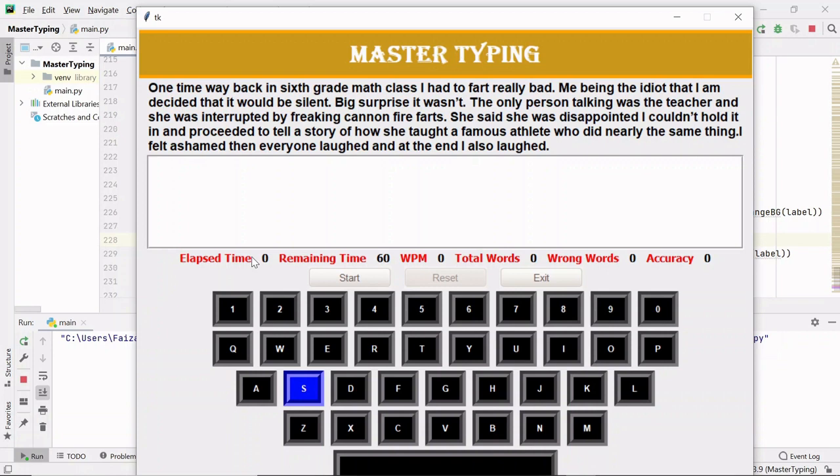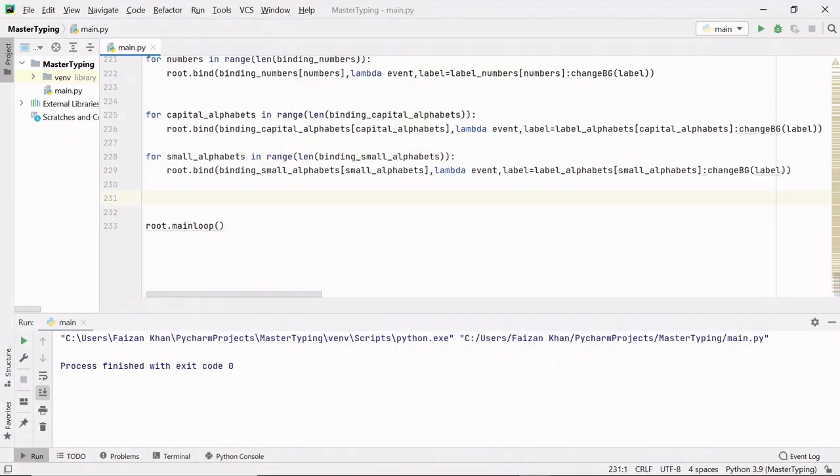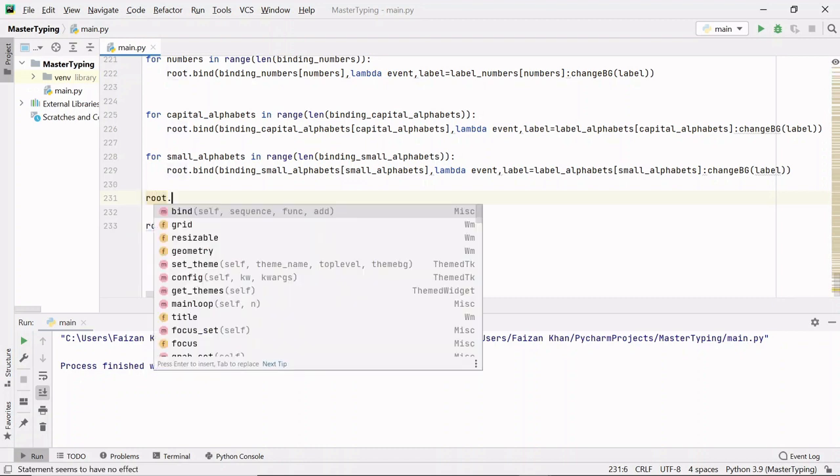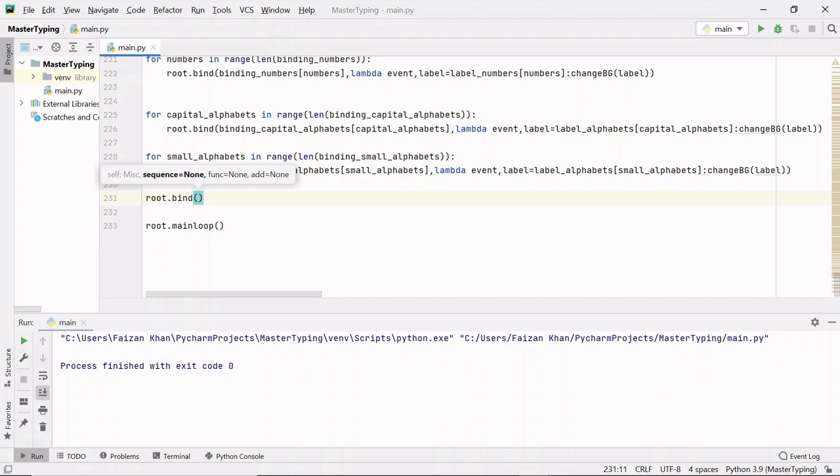So if I press lowercase alphabets, you can see the color is changing to blue and after 1 second it is changing to black, right? Right now if I press the spacebar key, nothing is happening because I have not binded it. So let's bind the spacebar also. To bind the spacebar key, we don't have to use any loop, so I'm directly going to bind it, root.bind method. Inside this bind method, we have to represent the spacebar key. So this is how the spacebar key is represented. So whenever you will press the spacebar key, the same function will be called.